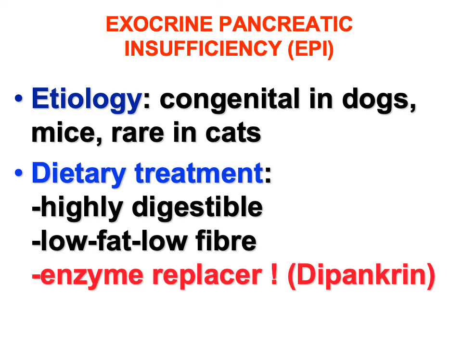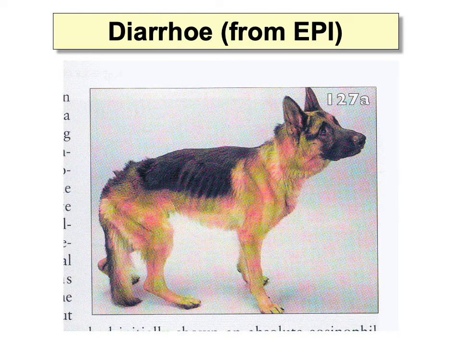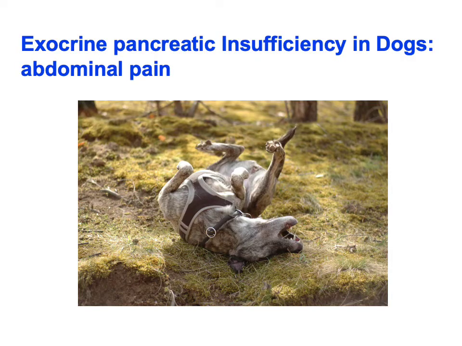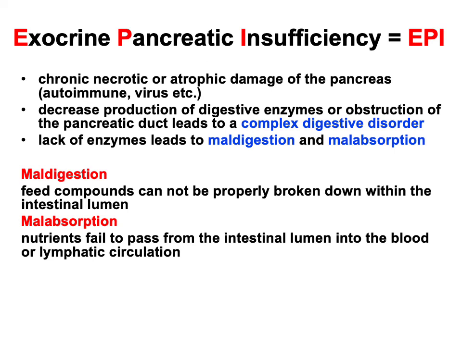Okay, and here you can see the well-known picture of the leading symptom, diarrhea, derived from EPI. And here you can see that sometimes there is abdominal pain in the dog, and you can see a dog in exocrine pancreatic insufficiency. This disease has an etiology that will cause chronic necrotic or atrophic damage of the pancreas,